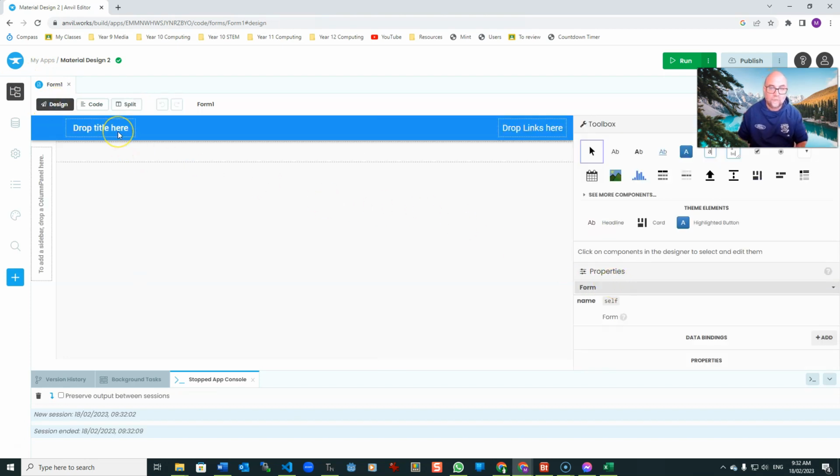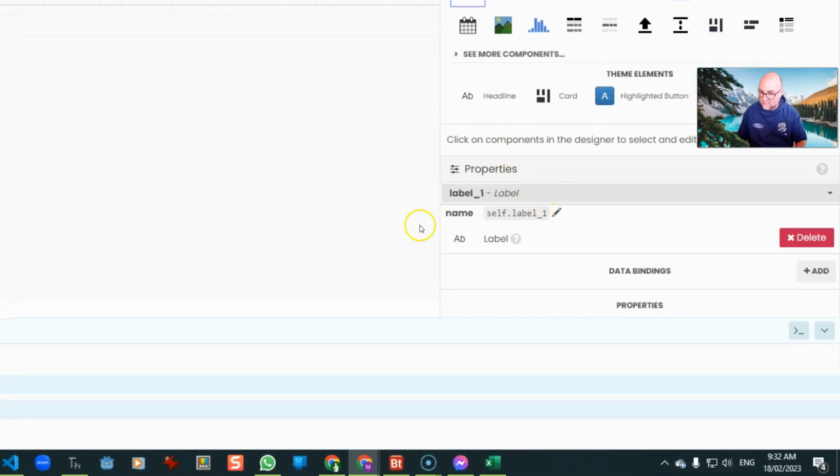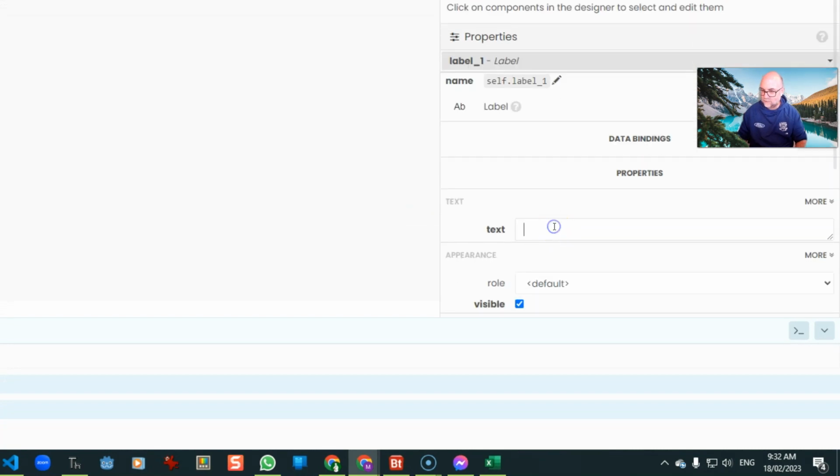So up here we've got drop title. Great. Well, I'm going to go over here to the toolbox, and I'm just going to get some display text and drop it in there. And you'll see it says label 1. And down here underneath it says name, label 1, and the actual text that will show. Well, I'm going to put in the text because we're making a number guessing game, which I think we've done before. Number guessing game,